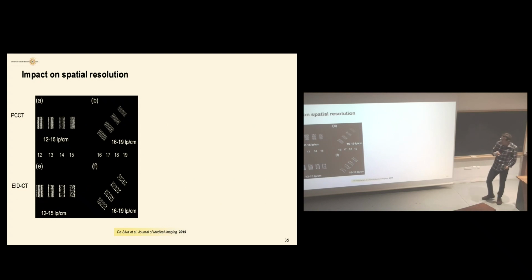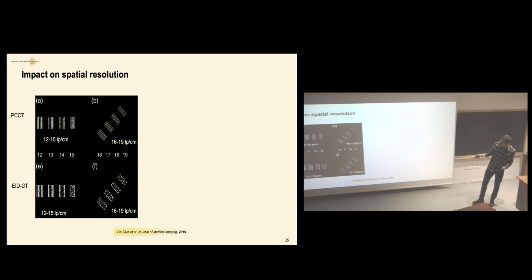So now, even easier for me as a radiologist, and it is the work of the medical physicist, is to use this phantom. This phantom is a pair of lines phantom. This pair of lines phantom allows you to evaluate the image quality of lines from 12 to 19. And what you see here is with this photon counting CT, from Mats Danielsson.